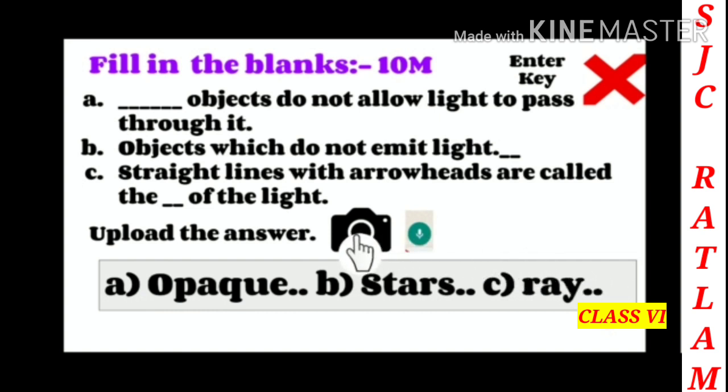Or children, if you want you can upload the answer by taking a pic or through the mic by speaking. The answer will get typed. But children, again I am telling you, the best option is that you type your answers in the given box. And remember children, you don't have to press the enter key. You have to just write the answer: A bracket the answer, then 2 dots, B bracket the answer, then 2 dots. But remember children, if you press the enter key you might go to the next question. So this is the most important thing, that you don't press the enter key.